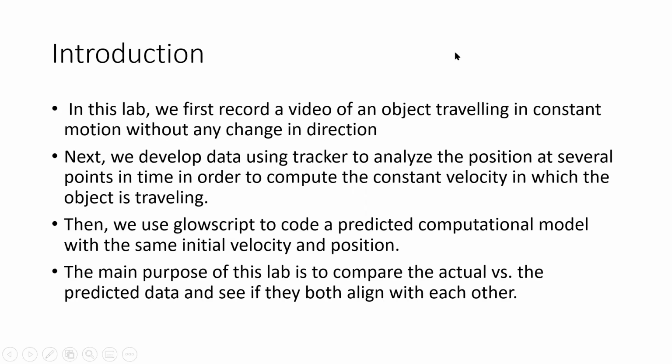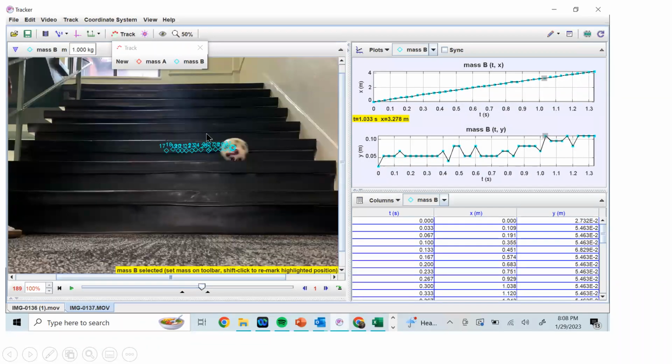Introduction. In this lab, we first record a video of an object traveling in constant motion without any change in direction. Next, we develop data using Tracker to analyze the position at several points in time in order to compute the constant velocity in which the object is traveling. Then we use GlowScript to code a predicted computational model with the same initial velocity and position. The main purpose of this lab is to compare the actual versus the predicted data and see if they both align with each other. This is the